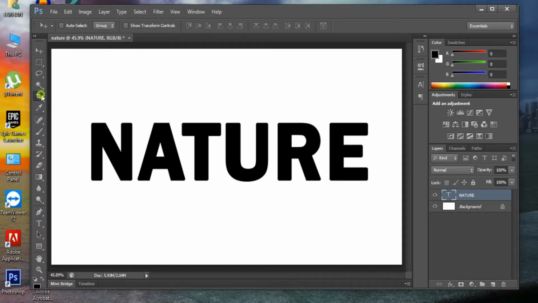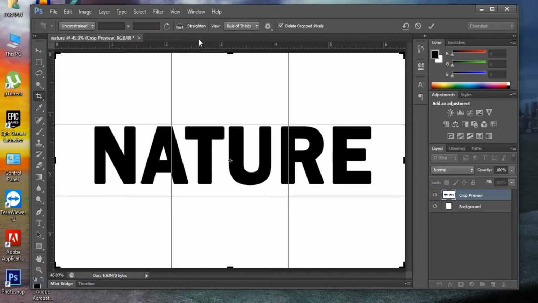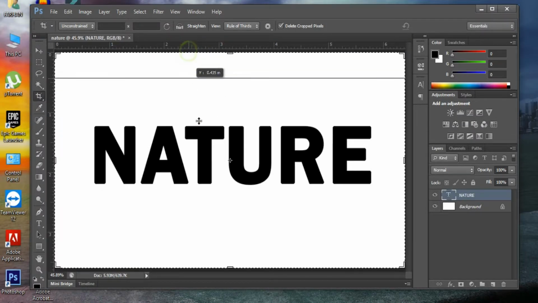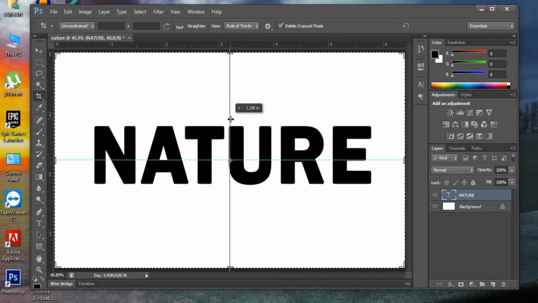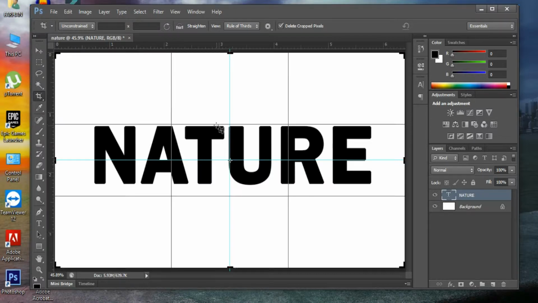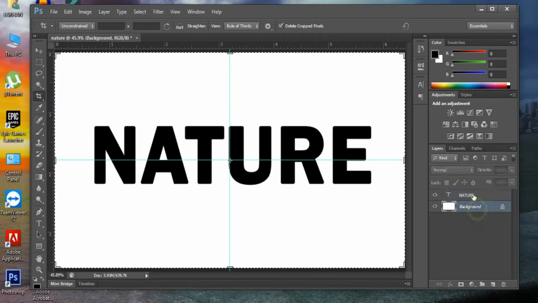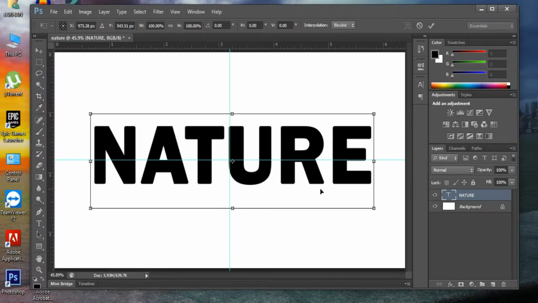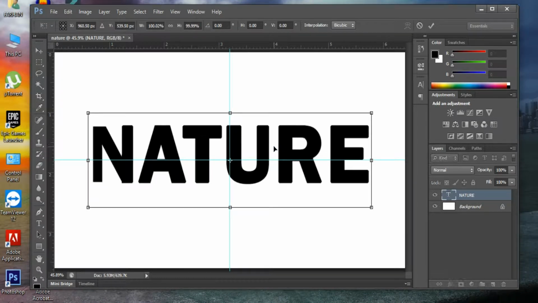So yeah, the next thing we need to do is make sure that the text is in the center and aligned properly. First we'll crop it to get the center point, and using the ruler scale we'll select the center point. The next thing we'll do is press Ctrl T, and I'll make the text align exactly in the center. Okay, after that